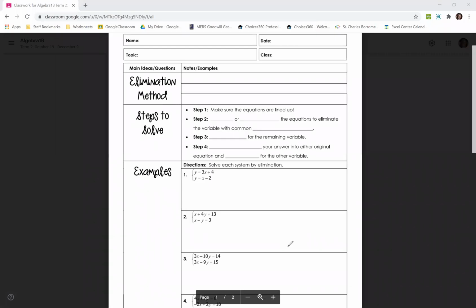Okay, guys, so we have been solving systems of linear equations, and so far I've given you two different methods. I've given you graphing, where you take both equations, graph them, and then determine the solution by finding the point at which the two lines intersect. I've also given you one algebraic way where you don't have to graph,